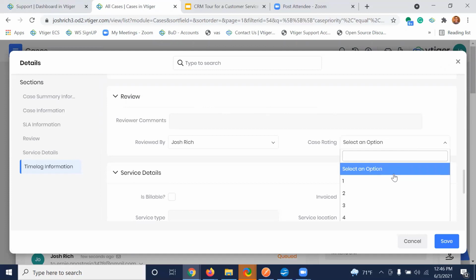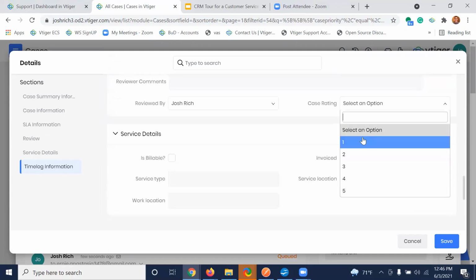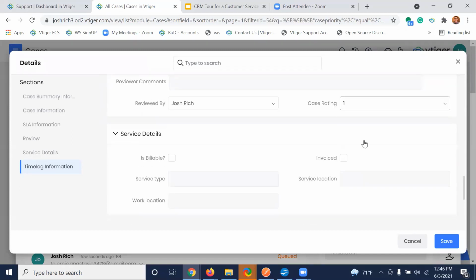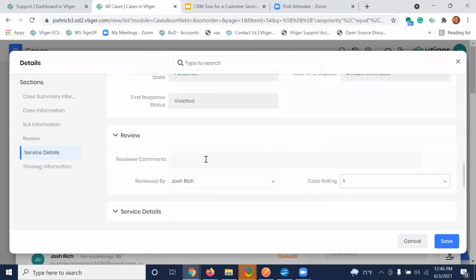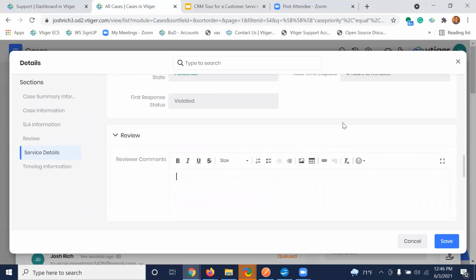And I'm going to give this a rating. Since the first response time was violated and the SLA time was violated, and the rating is 1 through 5, I'm going to give this a rating of 1. So that's a really poor rating. This could have been handled much better and could have been resolved much quicker by Mike, so that he'll know in the future he needs to do this. So I'm just going to add in a quick comment here for Mike,